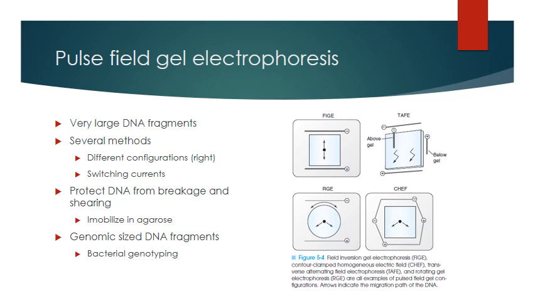Basically what this does, using the different types of pulse field, is because DNA doesn't really like to be in a charge, it has a tendency to break. The larger the DNA, the higher the probability of breakage. And so pulse field will allow you to protect your sequence that you're trying to resolve from breakage. Okay, and it'll be immobilized at a particular spot that you can predict based on size. Okay,